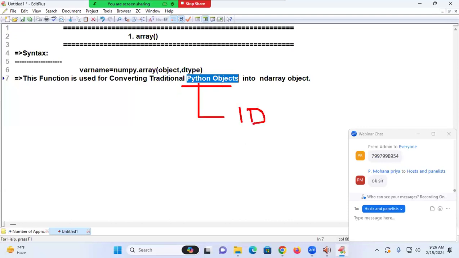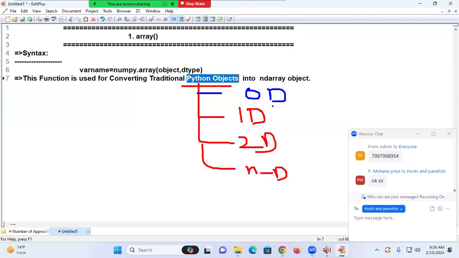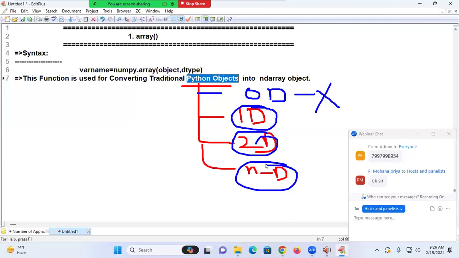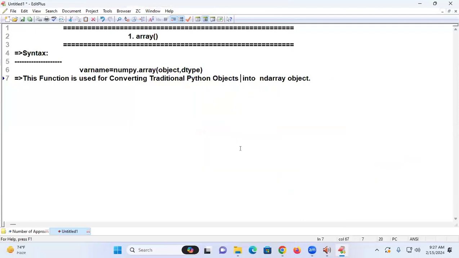I'll create 1D, I'll create 2D, I'll create ND. ND I want to create. If possible, I will also create 0D. Actually, 0 dimensional is not there. From unidimensional onwards, it will start. Uni means 1 dimensional. 2D later, next is called ND. So now I want to go for executing this explanation through